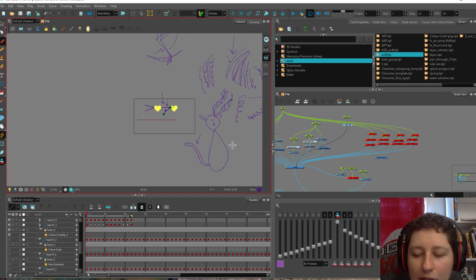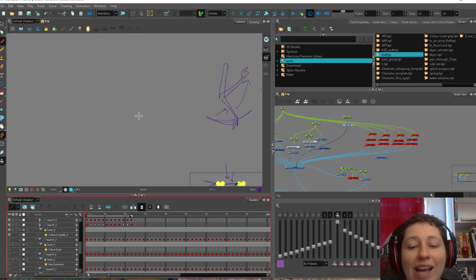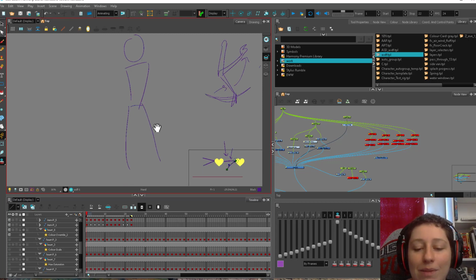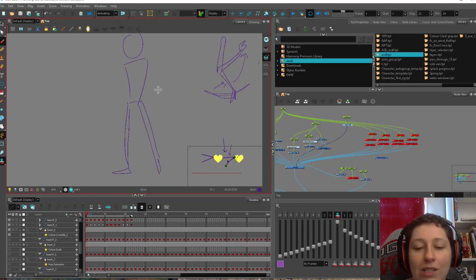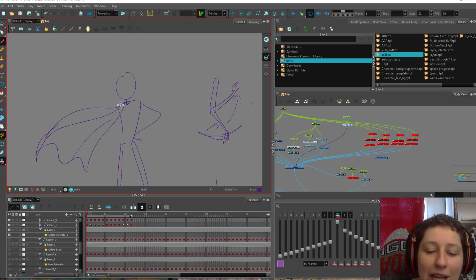Let's see, what else do we do? We do a lot of capes. Capes do not move independently unless it's like in the wind. So you've got like the superhero just like, nah, and then their cape is blowing in the wind, right? So when you have something that's bigger like this, again, you have to think of this connection.